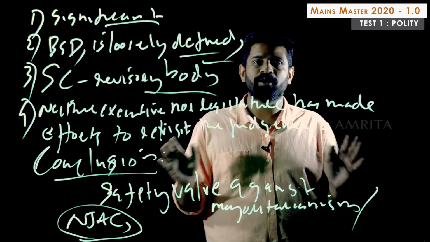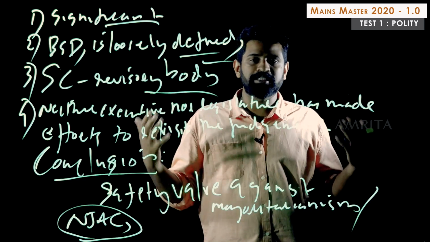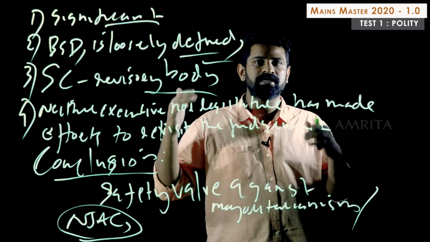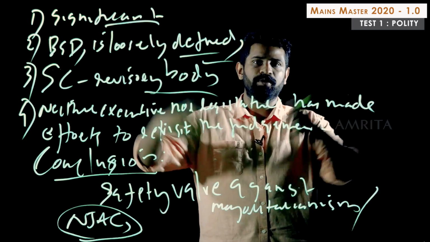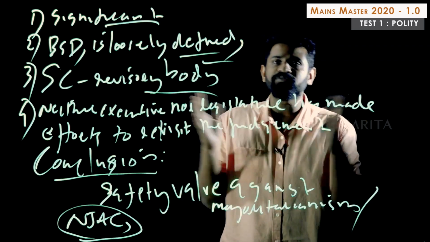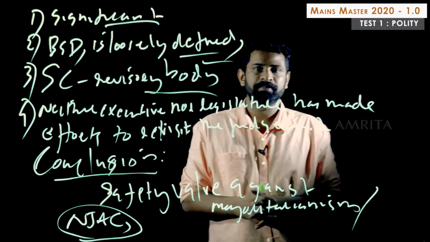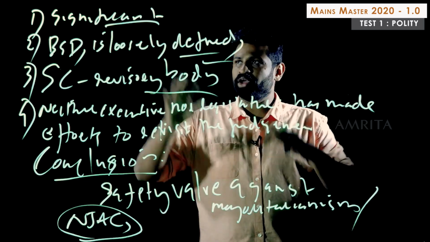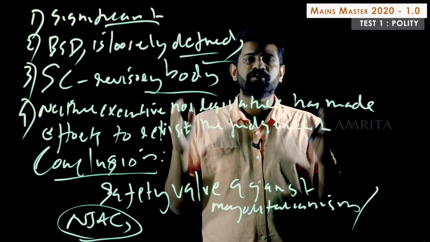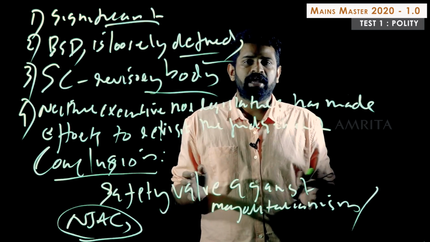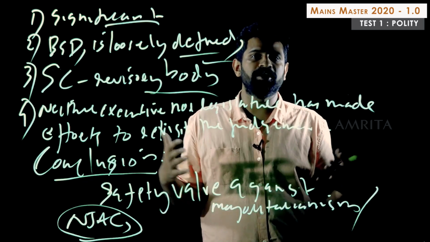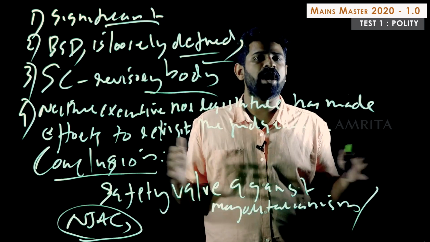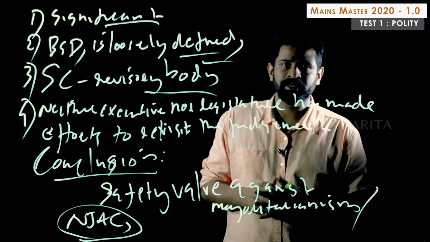So I guess you got all the major components right, major structure right, examples right, and the keywords, the safety valve, the judicially innovative doctrine, all of these things should be part of your answer. So I hope you got it right. If all these components are there, and it's presented in a lucid manner, out of 10 you are very likely to get 6 marks. Okay, it could go as high as 6 marks. Okay, thank you.